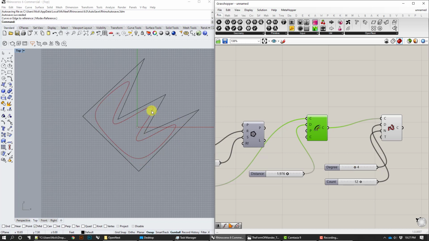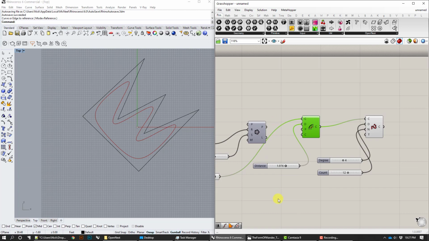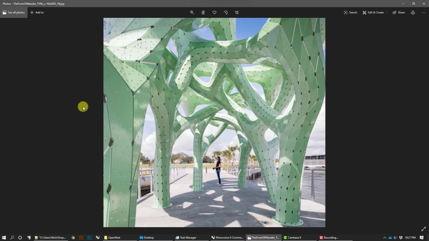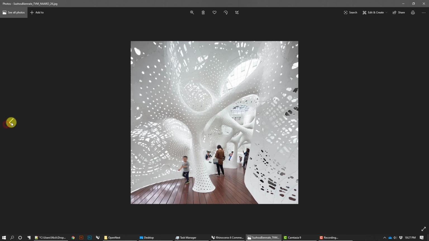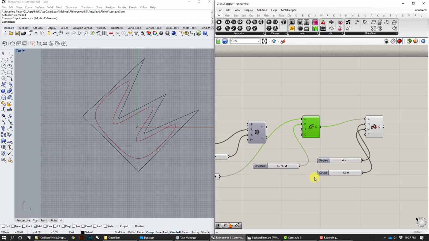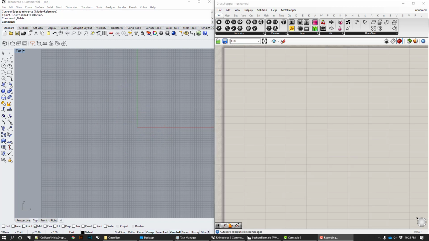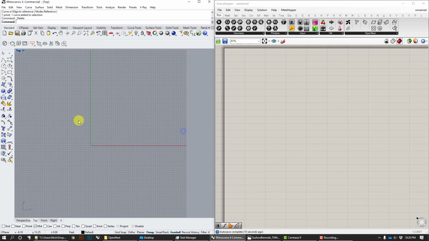That's kind of a neat way to get something organic from that. And that's how you end up getting into some of these forms, believe it or not. They're just kind of looser versions of some of these offsets. Okay, so there's that. All right, so for the last piece of the puzzle, we're gonna bring this all home,